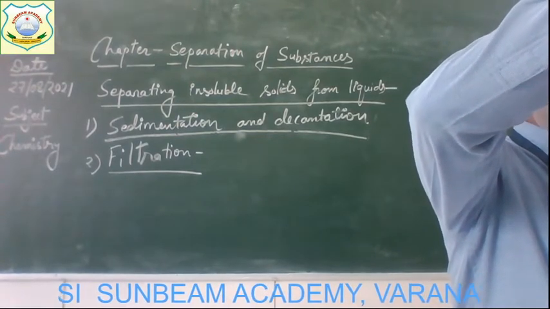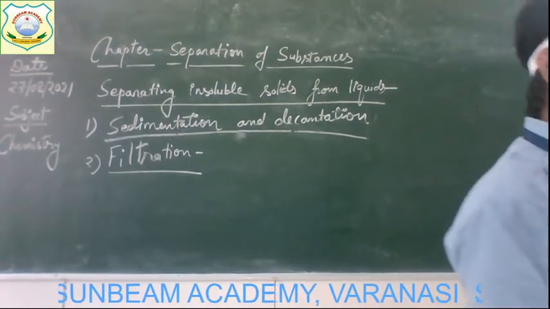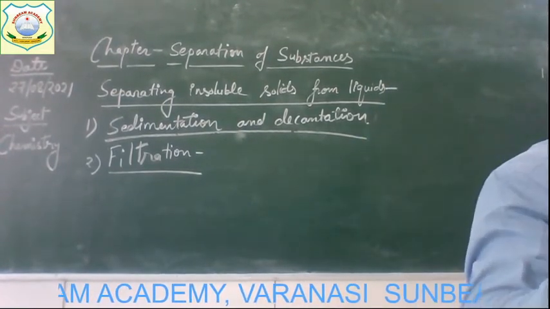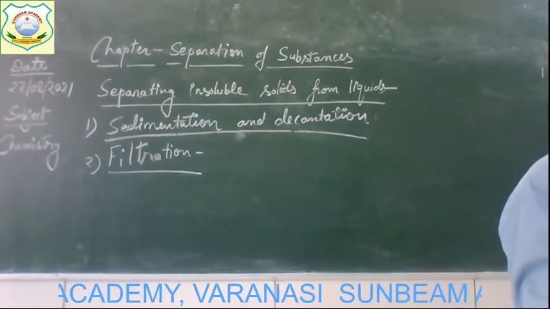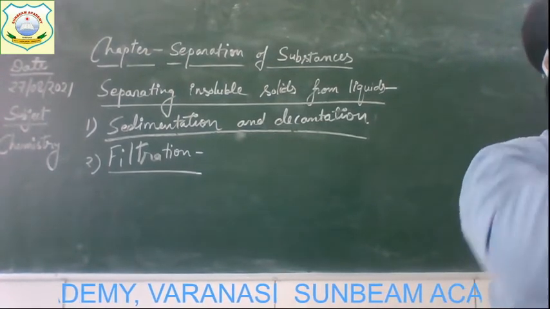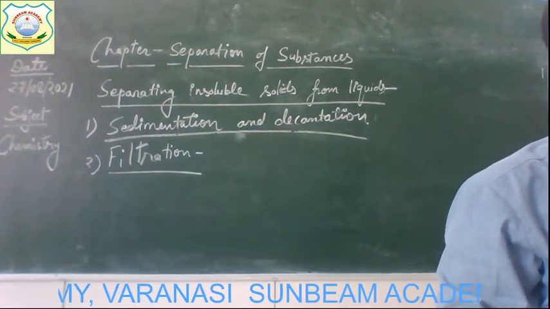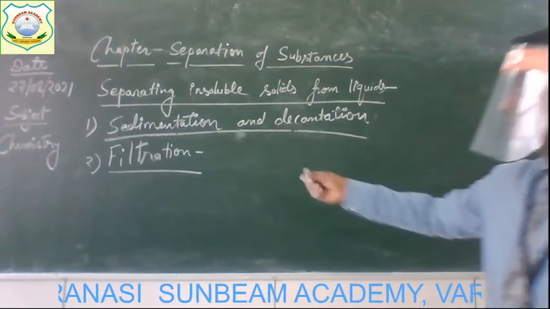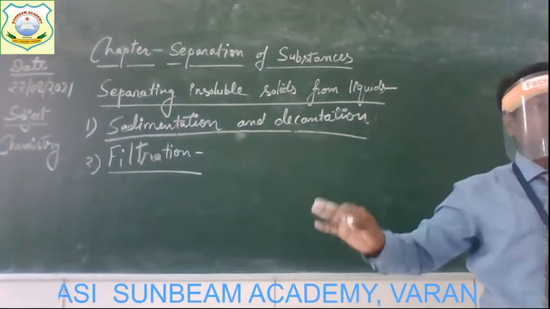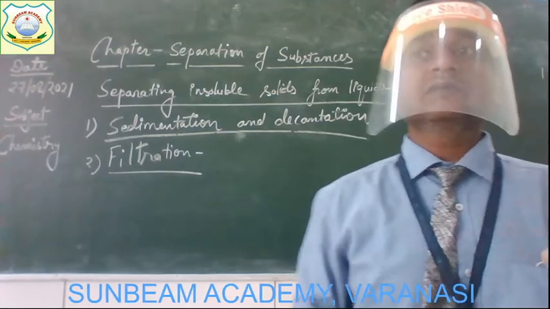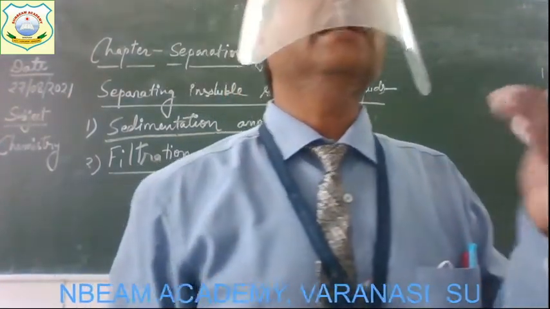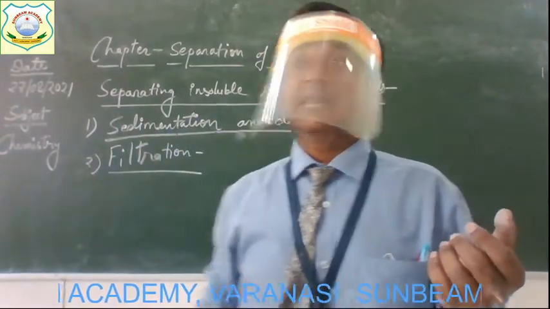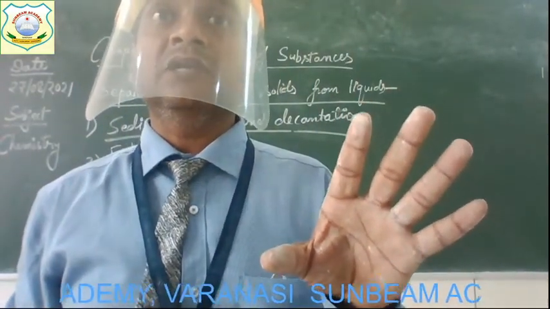So what happened? Our liquid tea comes into the cup, and whatever substance is present in it, like tea leaves, and some people put ginger, they remain in the sieve. Is it not? So actually that is a kind of filtration. This same method of filtration is what I am going to explain here. If something is present in the liquid, any insoluble solid, like tea leaves are insoluble in water.